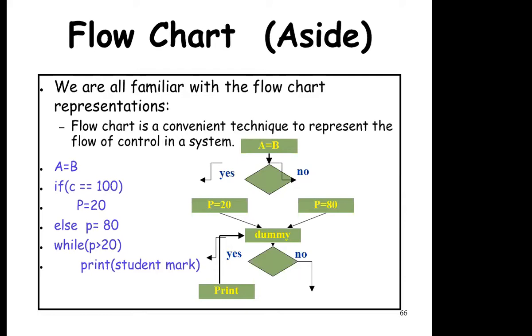The shortcomings of DFD and that structure chart are removed in a flow chart, but they both have their own advantages. They represent the system into the levels, but in a flow chart there is a disadvantage. Flow chart does not represent the system into the different levels as DFD is able: level 0 DFD, level 1 DFD, level 2 DFD. So you cannot see a flow chart of level 1, flow chart of level 2. So there are some shortcomings of flow chart also.